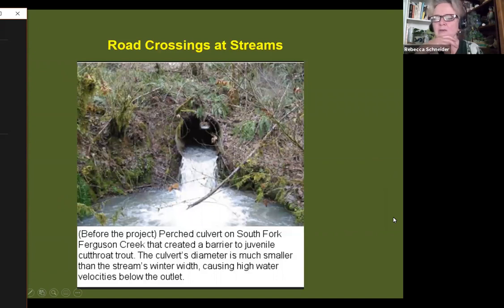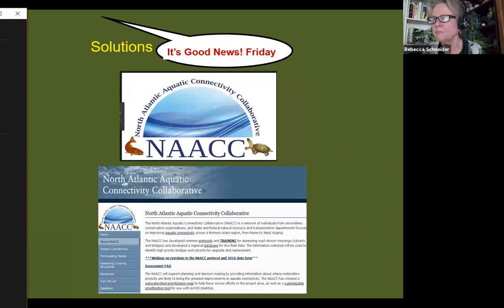One that has only recently come to our attention is the importance of road crossings. Where a road crosses a stream, they put in a culvert. So for hundreds of years almost, we've had culverts of various kinds. It used to be bridges, but then they became pipes. What happens when the water is concentrated to go through that culvert pipe, it comes out at a high velocity and scours out a hole beneath the pipe. And now there's no way for the fish to get up into the pipe to get through under the bridge.